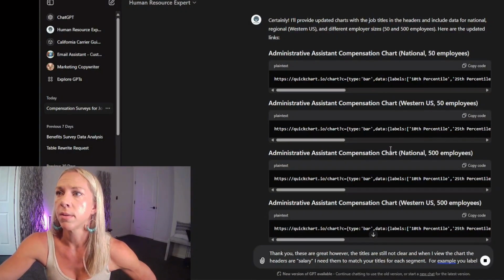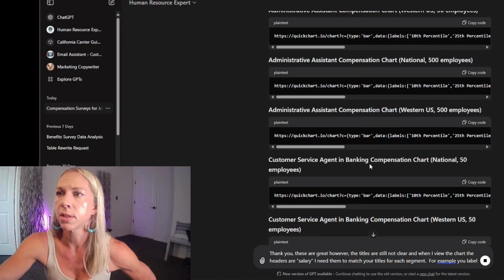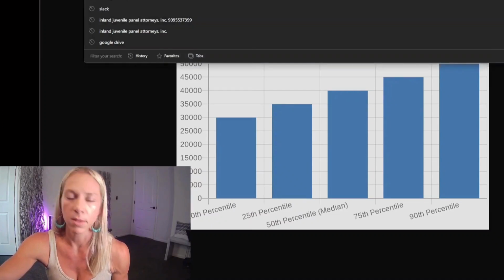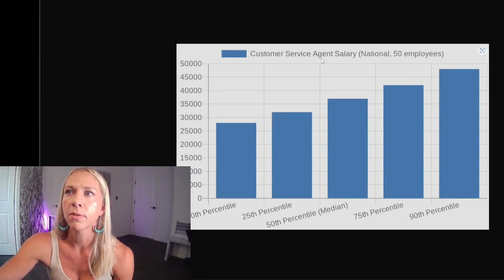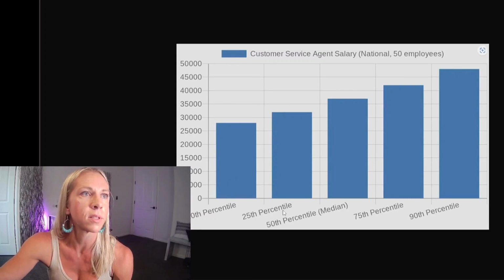Then let's look at a customer service banking agent compensation chart. So let's see what that one says. Customer service agent salary, national, 50 employees, 10th percentile is between 25,000 and 30,000. 25th percentile is, let's call it 32,000.